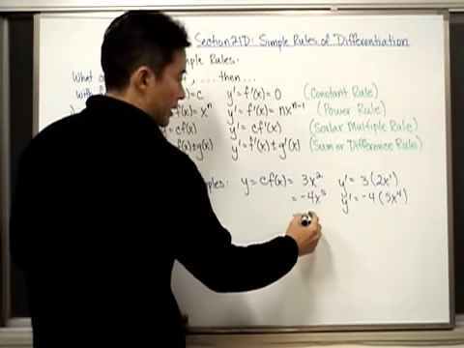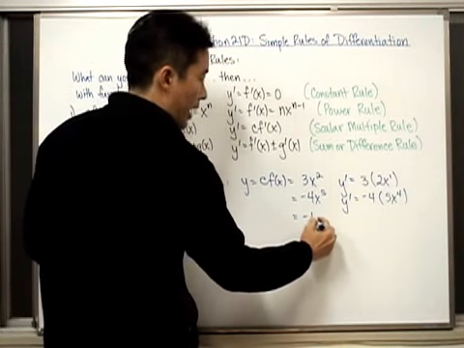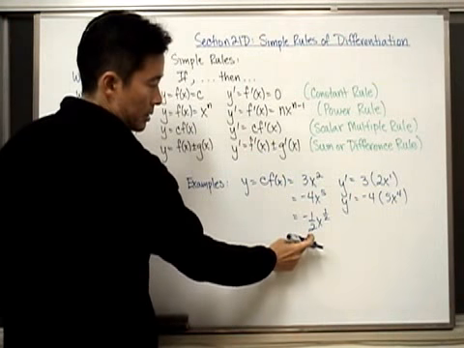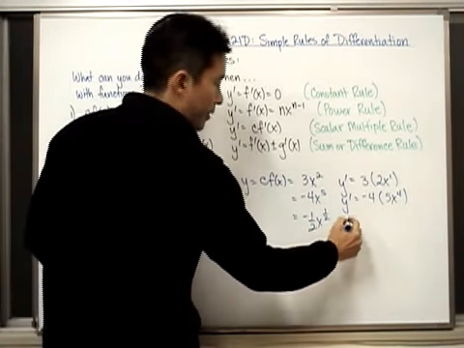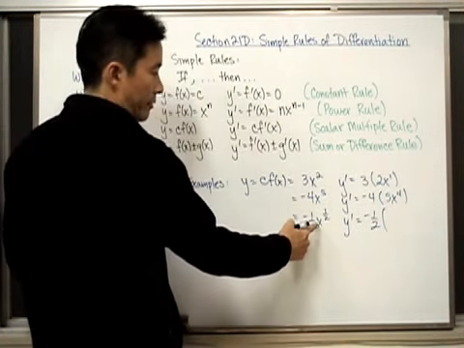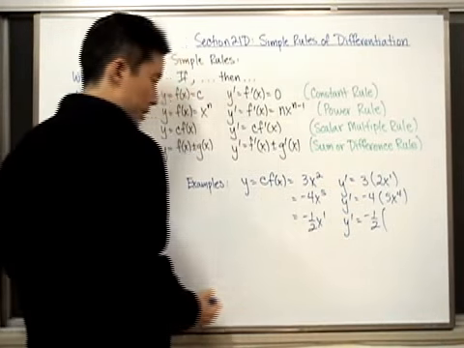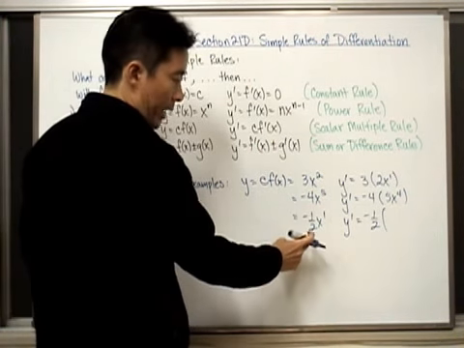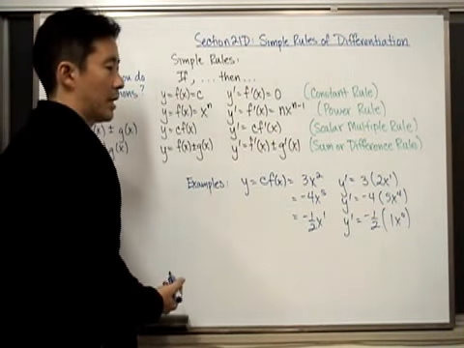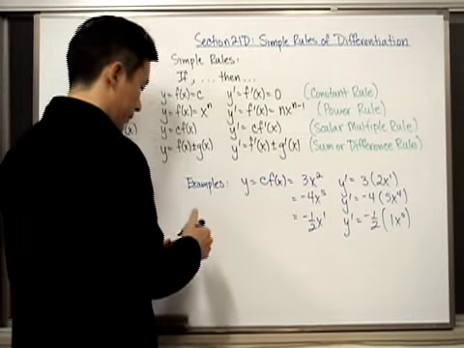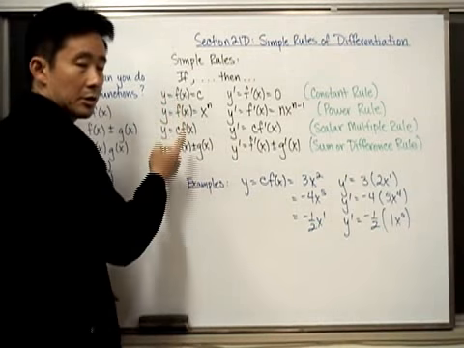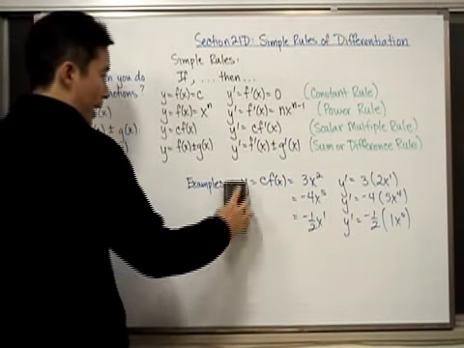What happens if we have something that looks like this then? Negative 1/2 x to the 1/2. Well, here's our constant. Here is our function f of x. So that means that y prime is going to be negative 1/2 times the derivative. Oh, let's change this to a 1 actually. Negative 1/2 times 1x to the 0. So that would then be just negative 1/2. And so there you go. Very simple how to use the scalar multiple rule, so long as you can recognize what you are actually trying to differentiate. Okay, the last one that we have